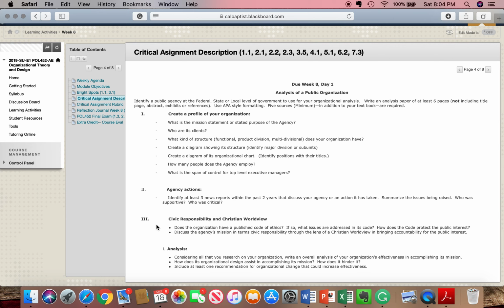And what we want to do is just talk about what has your agency done, what has been advertised, what has been reported upon from your agency in the last 2 years. So we want to stay current with this. Our third